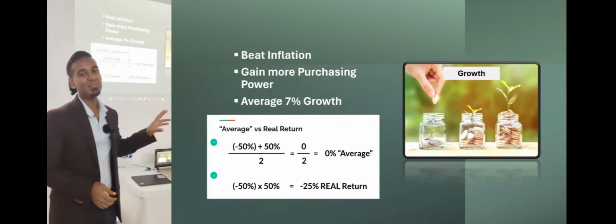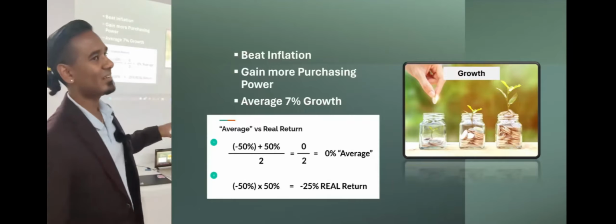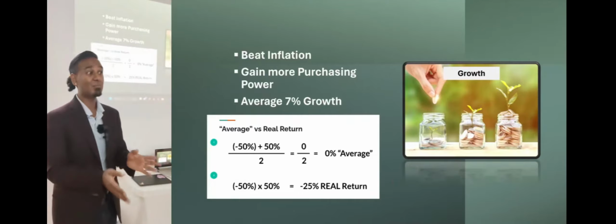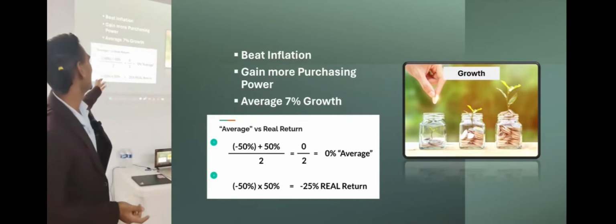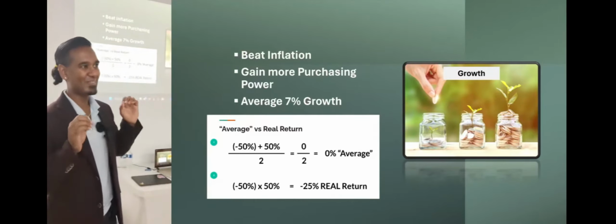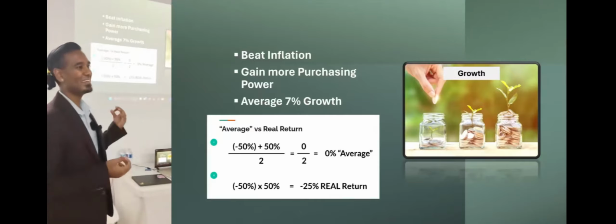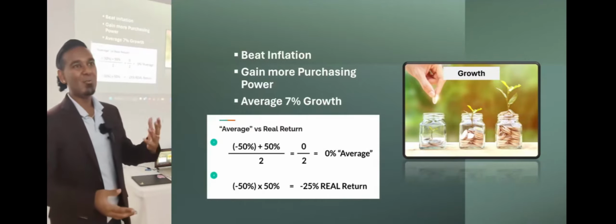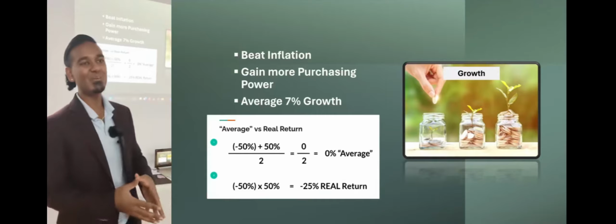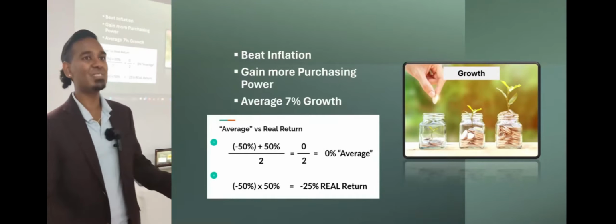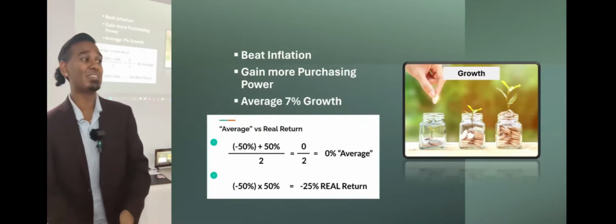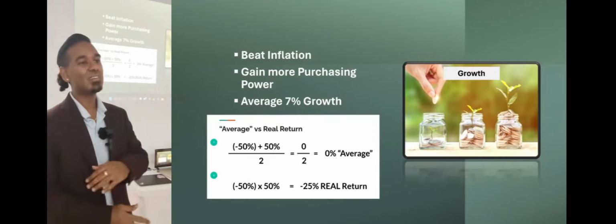The one point I want to highlight with growth specifically is that when you consider average returns in the stock market, you have positive and negative returns. So as an example, you can go down 50% and up 50%. On average, technically you have a 0% return, but your real return is actually down 25%. So when you have financial products that have negative returns, average returns mean nothing. When someone says, oh, this product averages a certain amount, you have to ask them, does this product have the ability to have a negative return? And if it does, the average that they're telling you doesn't mean anything.